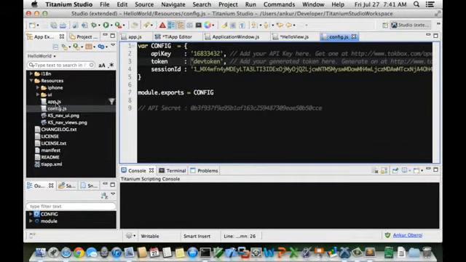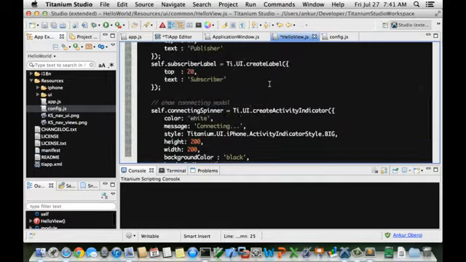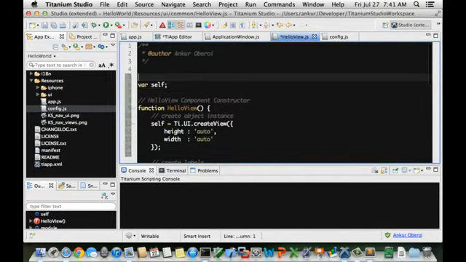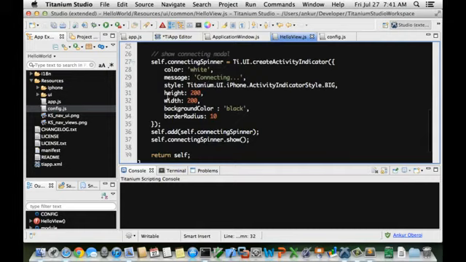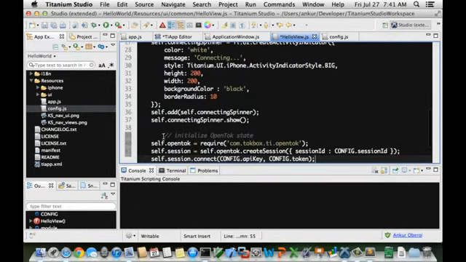Now we're going to go actually get that data inside HelloView. So I'm going to go ahead and put one more line in here called var config = require('config'). And now we have access to those variables. So the first thing I'm going to show you how to do with OpenTalk is how to actually connect to a session. And to do that, I'm just going to paste some code in here ahead of time and talk